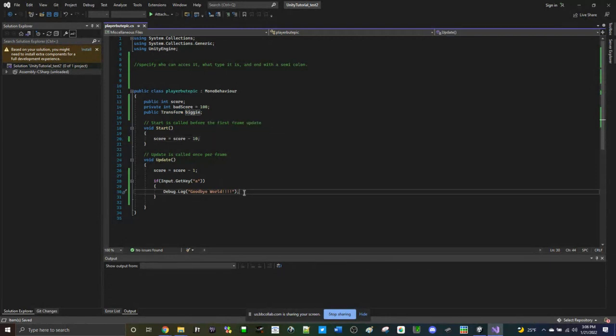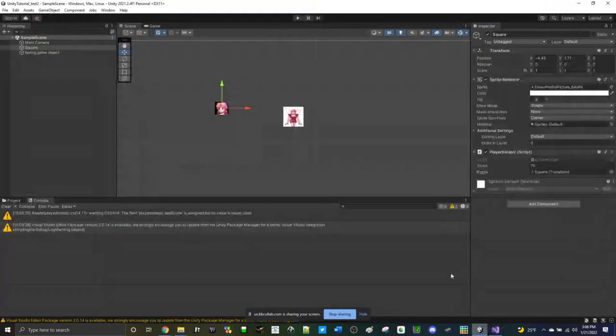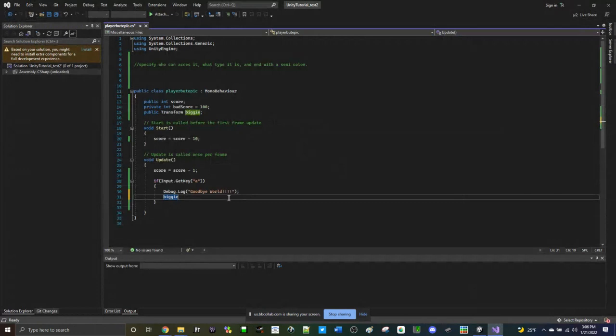In update, let's add another thing, and this is why I like to use the angle brackets, because you can add more stuff in later if you feel inclined. I am going to add a new line of code. Now, Unity has its own properties within its component. If I reference the biggie, I can actually see that it has the position variable, the rotation variable, and the scale variable. That actually lines up with what its actual variable names are. I want to go in here. I want to talk to the biggie. Dot position